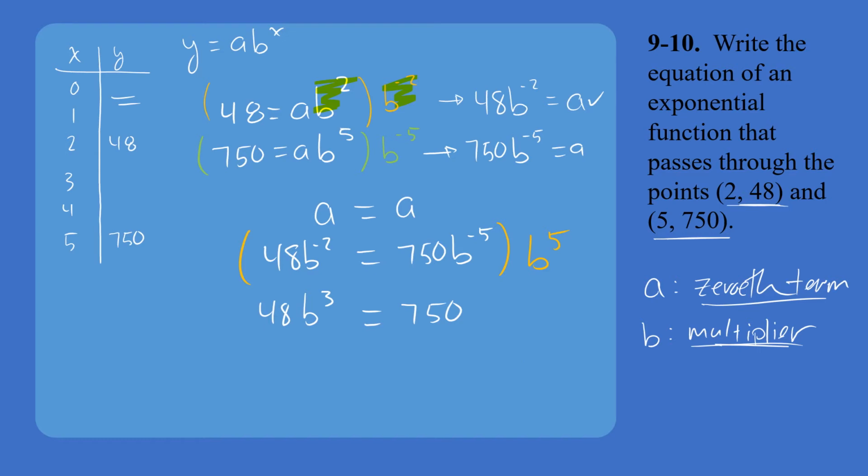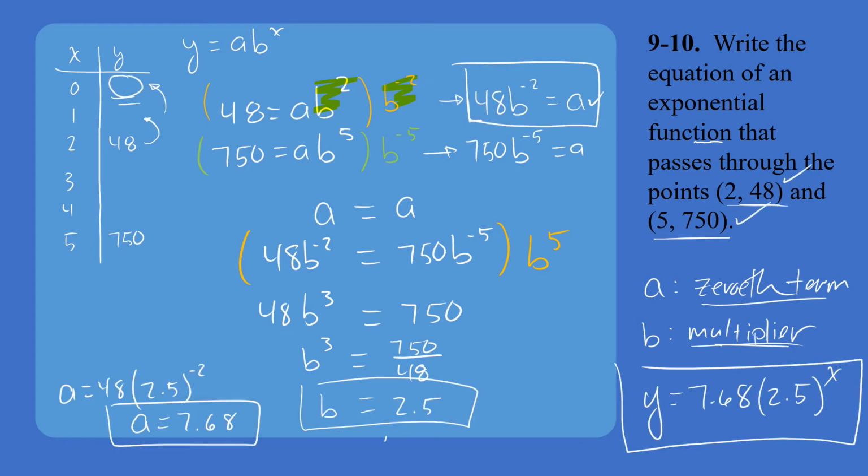Okay, so we're getting close. We almost know what our multiplier is. What I'm going to do now is divide both sides of this by 48. So I'm just going to write b, whoops, I don't know why my pen became red. I'm going to write b to the third is equal to 750 divided by 48. What I could do next is, of course,